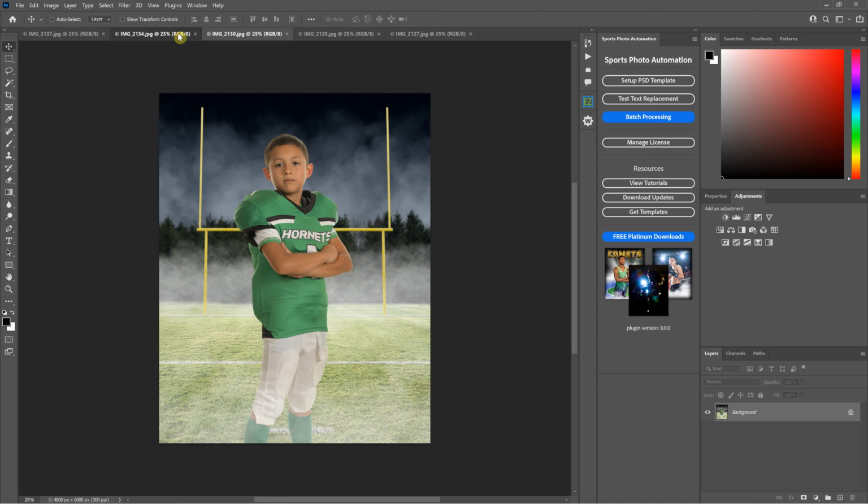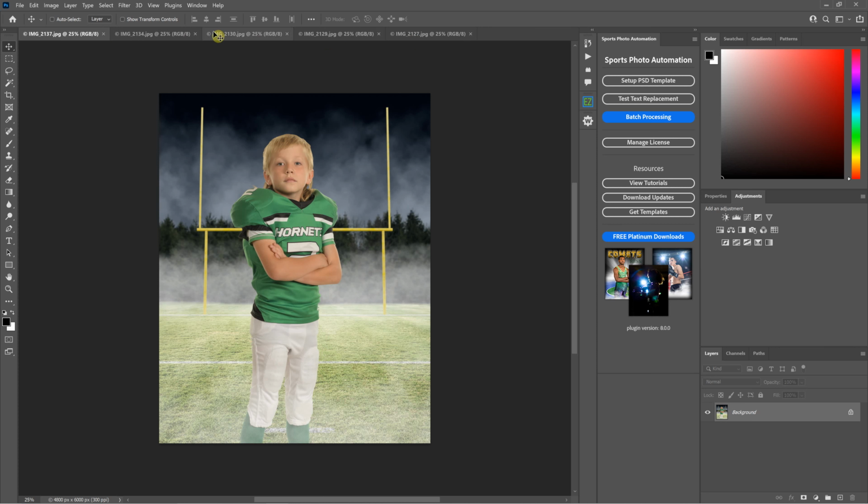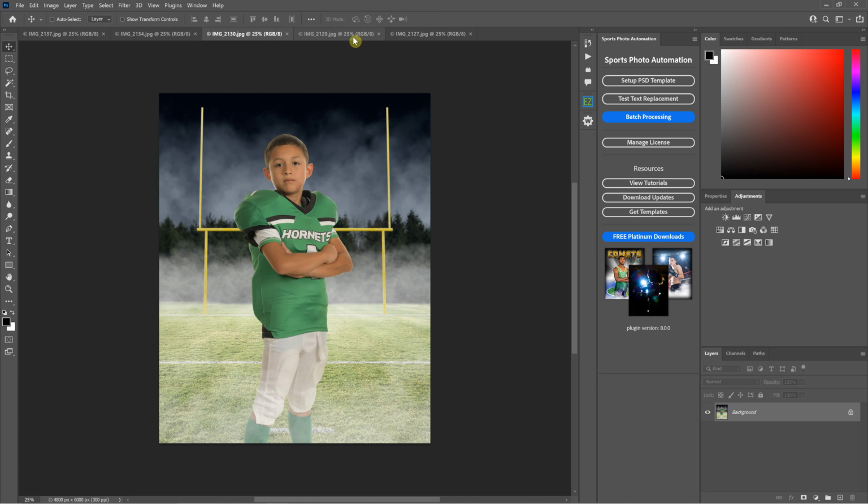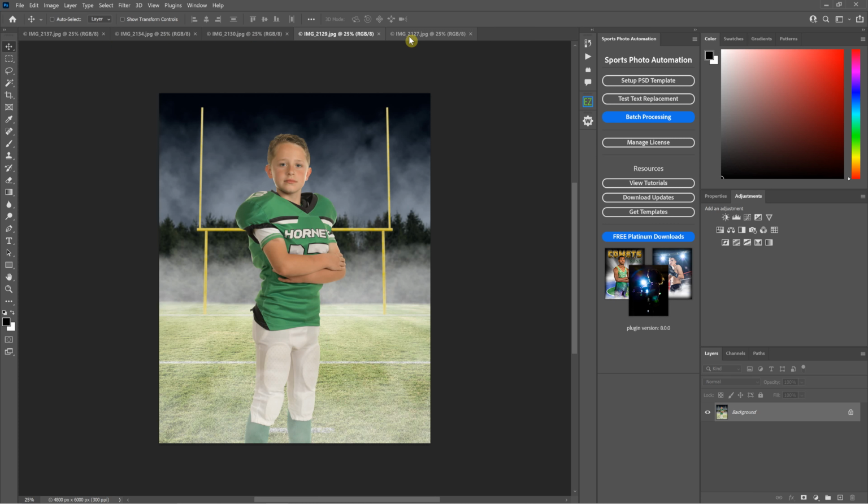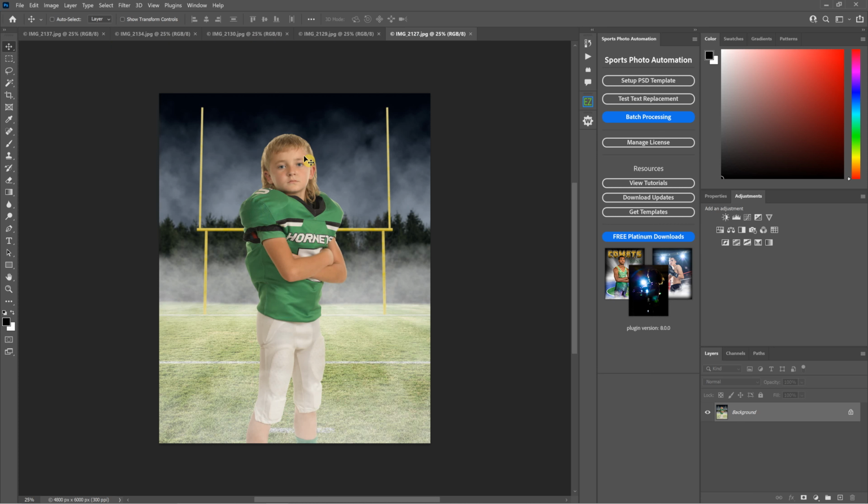So overall, it did really well. You can see that the face is in the exact spot every time. The players are scaled pretty close to being the same. In player mode 1, like I say, it scales just by the face. So different ages of people, and even people within the same age group, may scale a little bit differently if you're just scaling by the face,